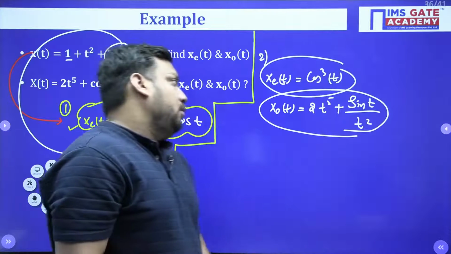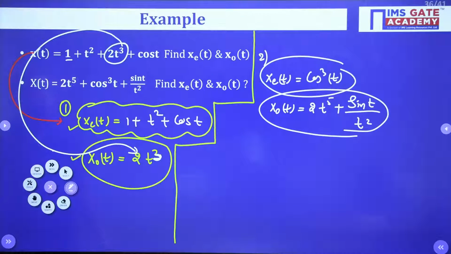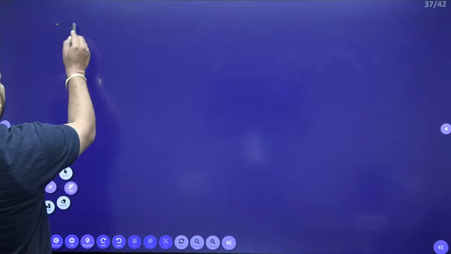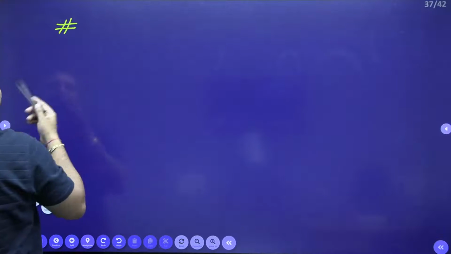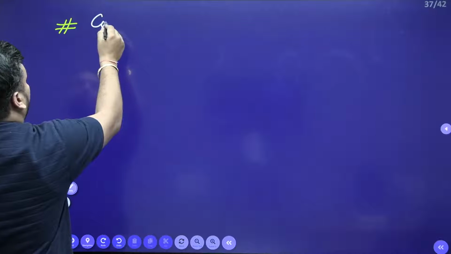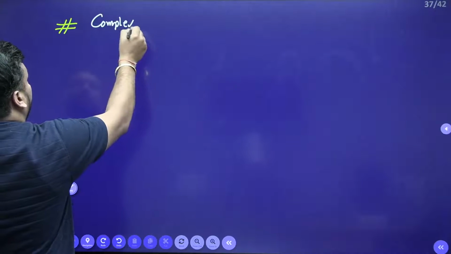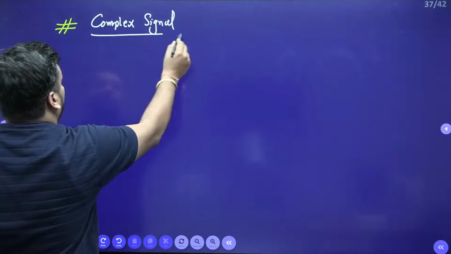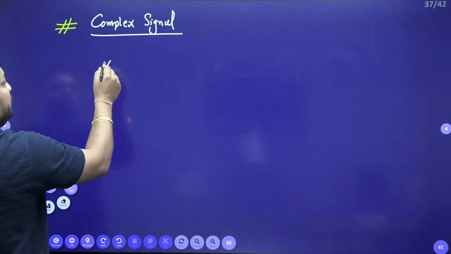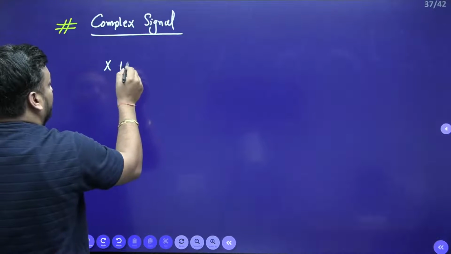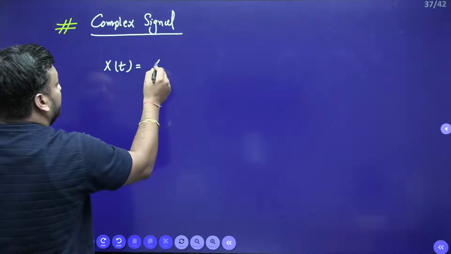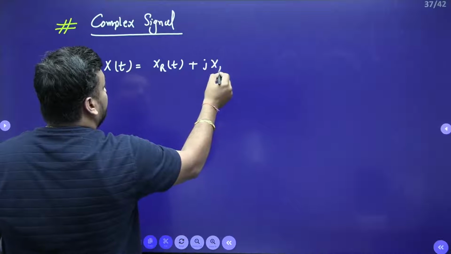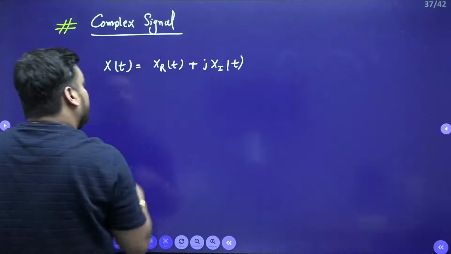Now, if I talk about the real and imaginary signal, how to identify the real and imaginary signal? If I talk about a complex signal, then a complex signal will have a real part and an imaginary part. So my signal x(t) is nothing but x real part of t plus j times x imaginary part of t. If I am writing my signal like this,